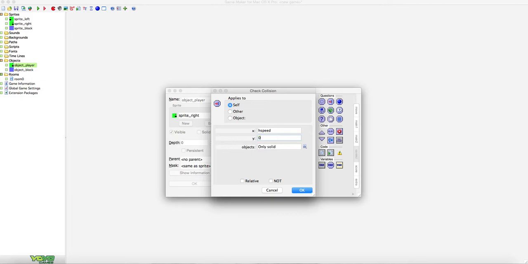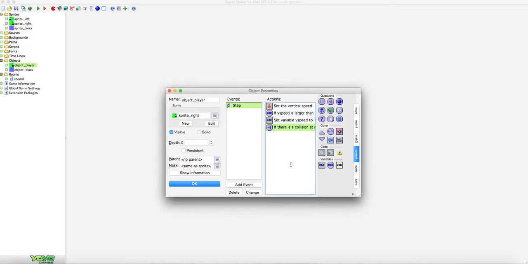Yes, it's going to be 0, and then that is relative. Okay, so that's if there's a collision, we start a block. So let's just make a block. So there, we check for a collision,